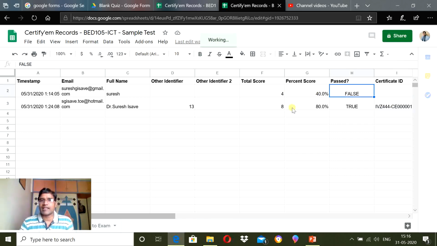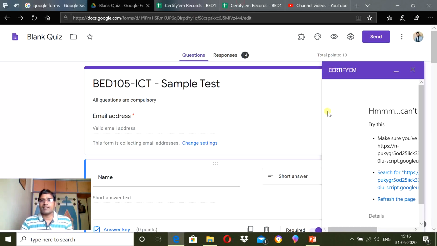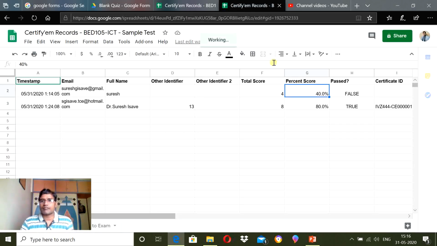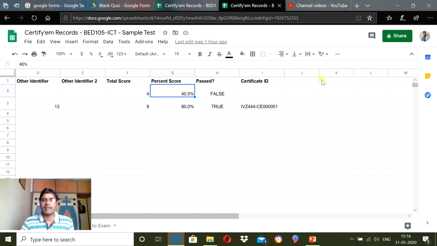And what was the criteria I mentioned? It was 50%. So this Excel file is only to check the details. You just go to the Excel file and verify whatever you want to verify. You don't have any facility to release the grade from here. This Excel file is generated just to verify the details that you want to verify. Then you come back to your quiz.